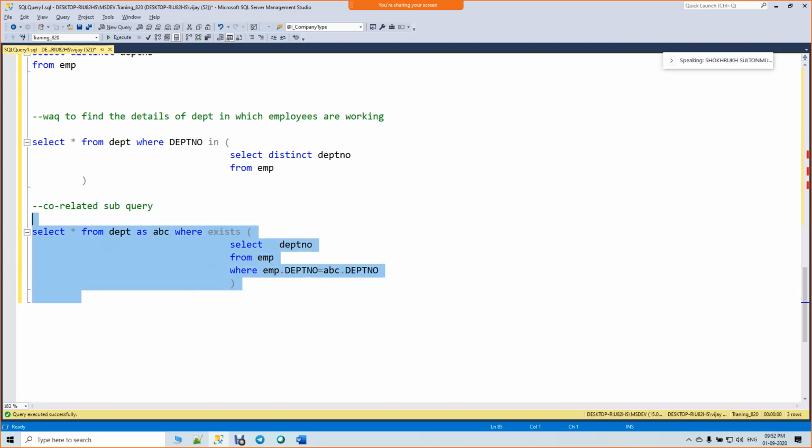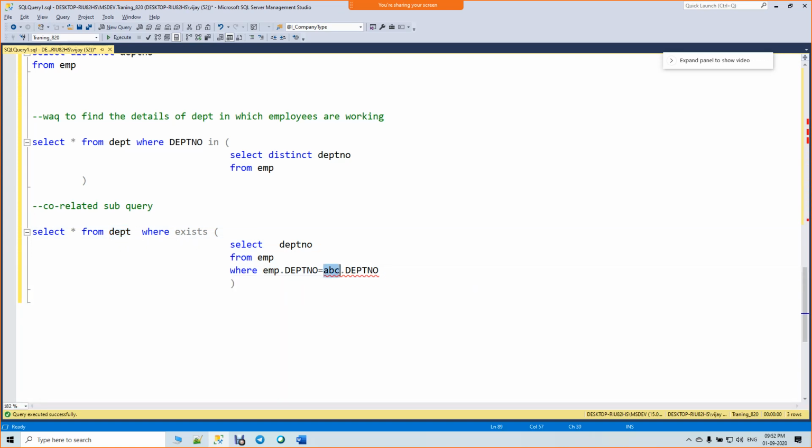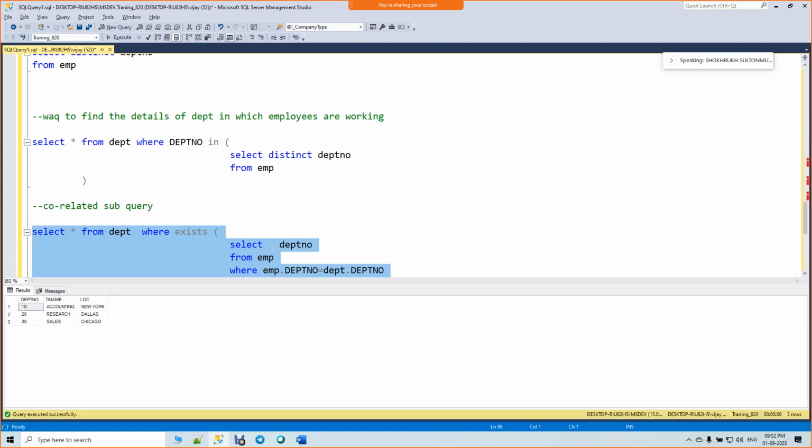Okay, it's clear. But if you want, you can use department also. Just department. Yes, it's also correct. Both are correct. Sometimes the table names will be big actually. So at that time, what we used to do is put a short name.